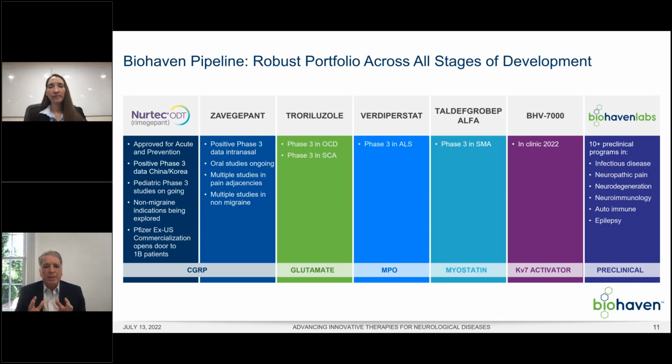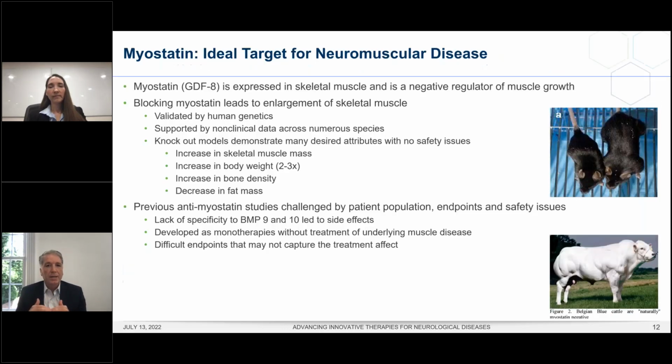So as Kenneth mentioned at the beginning, there have been many advances in SMA, focusing on the regulation of SMN and upregulation. And now we're looking at other agents that would help us to improve the overall function and health of the muscle. And as we think about these continued enhancements, we have to give some background and consider